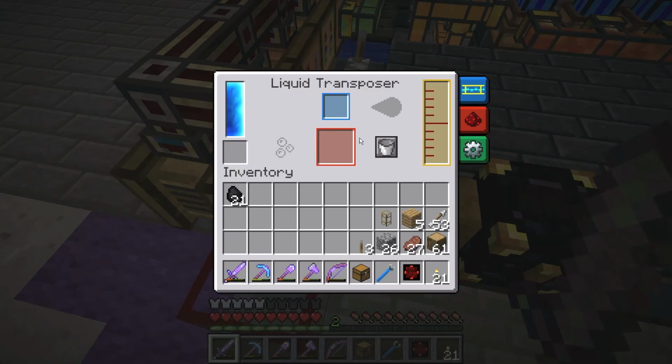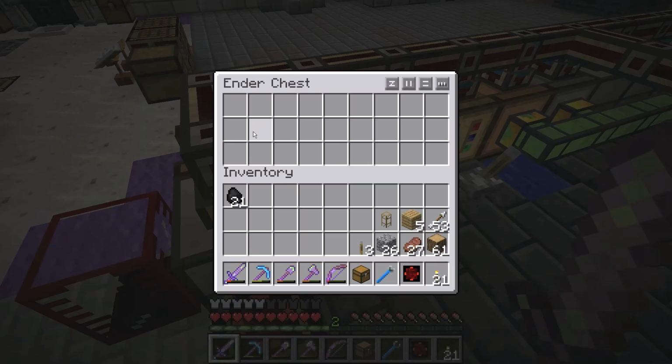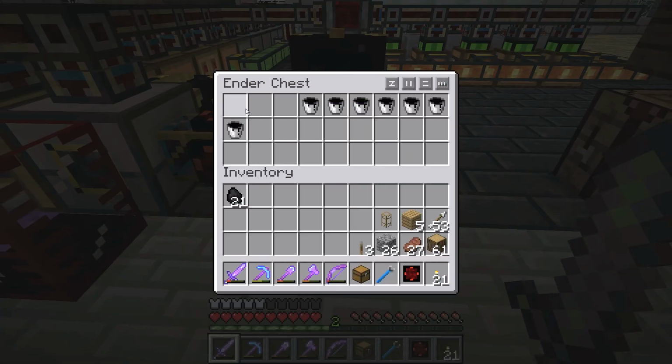Yep, pulled one out. Put it into here. Yep, oil goes there. Oil goes to the tank. Empty bucket goes back into... I think it went. Oh yeah, empty bucket goes back in there. And it's going to keep on filling oil buckets. Yep, that's a new one. Cool. So this all works. Beautiful. So now...